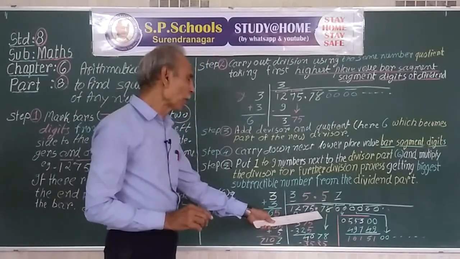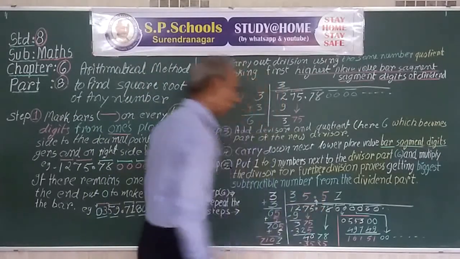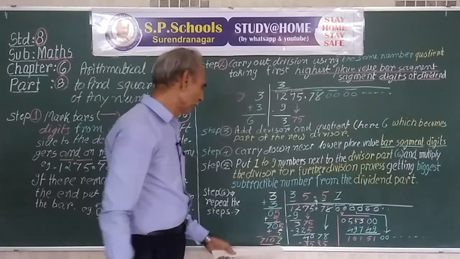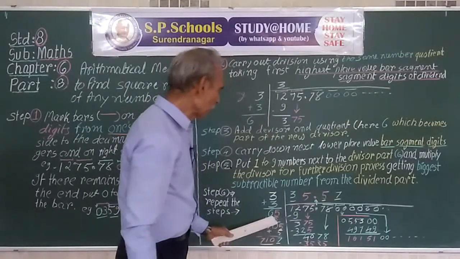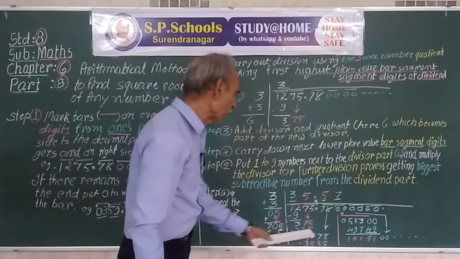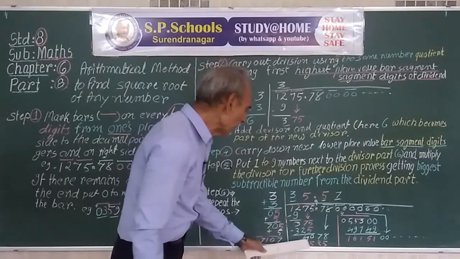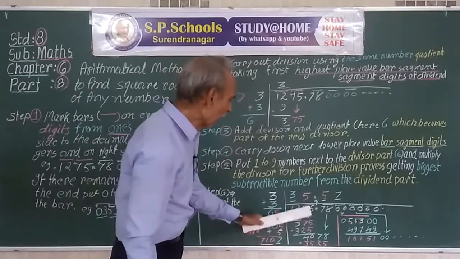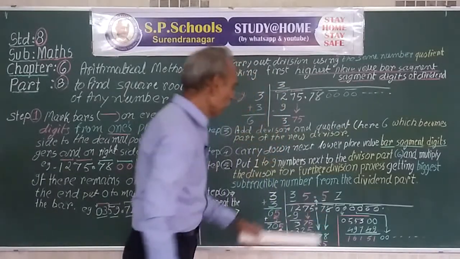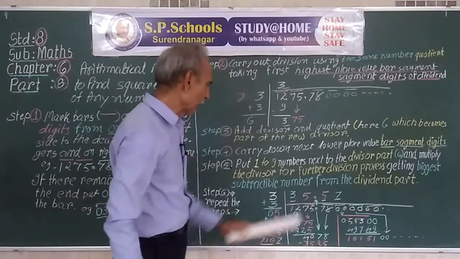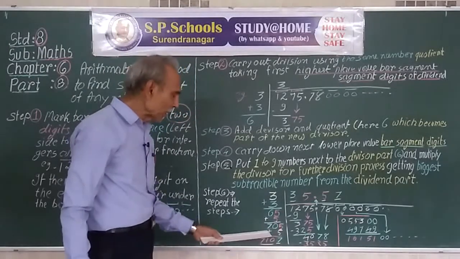When you cross the decimal point in the number, you put the decimal point in the quotient after crossing the place. Put 5 here. 65 times 5 is 325. Subtract 325 from 375, we get 50. Now after 75, we have to cross the decimal point, so over here also, cross the decimal point. Now adding this 5 to 65, we get 70, which becomes the next part of